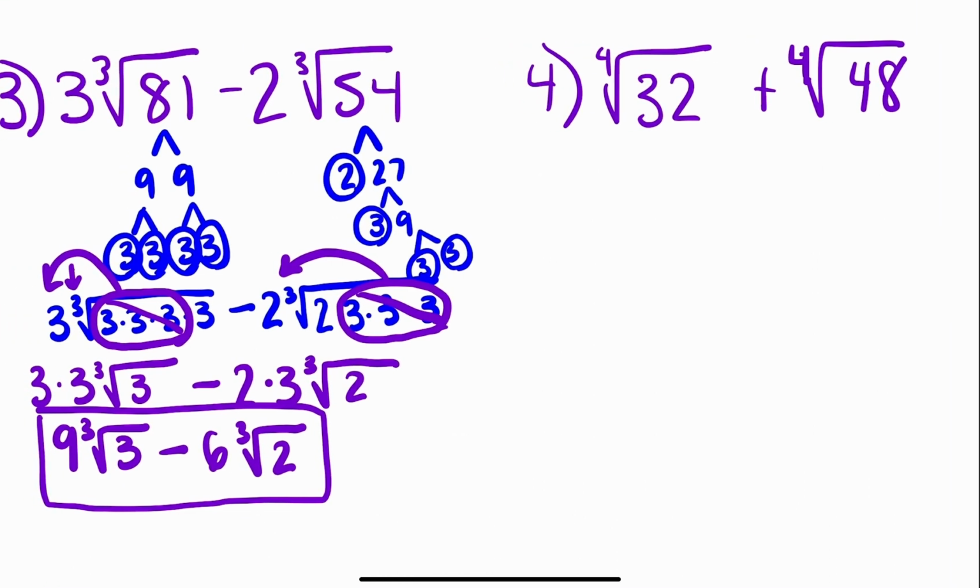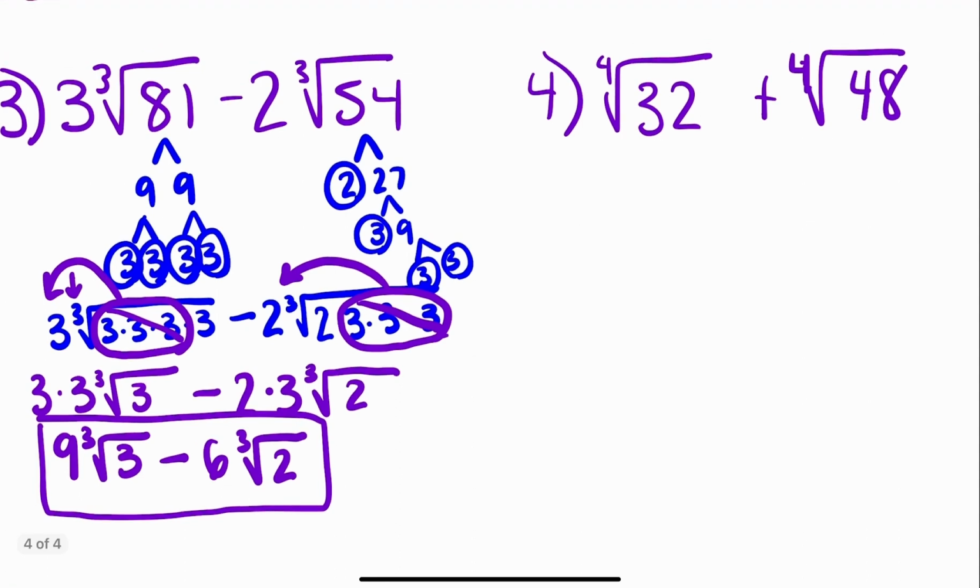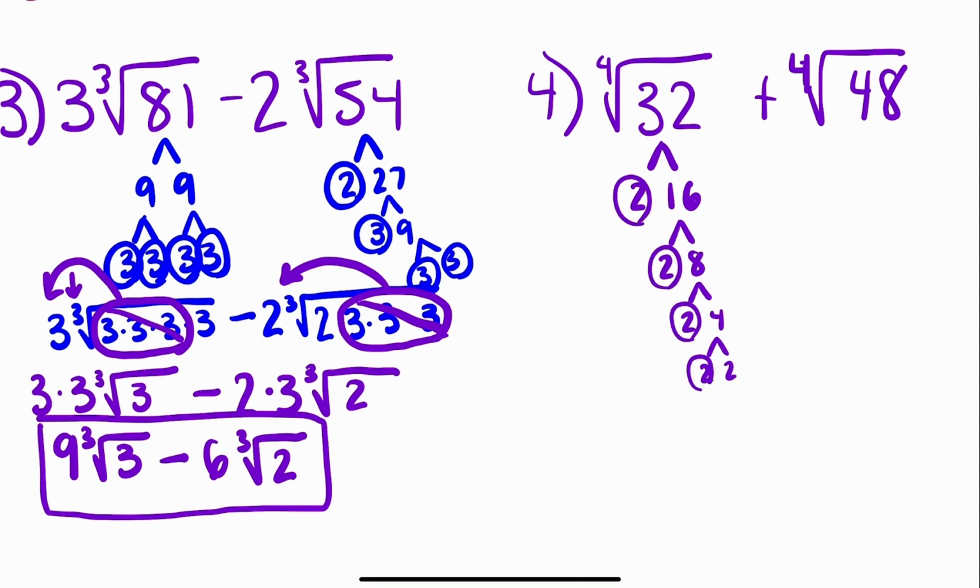All right, last but not least, we have 32. Let's factor this down. I think of 2 and 16. 2 and 8, 2 and 4, and 2 and 2. That's a lot of 2's we got going on there, right? So this is the 4th root of 2 times 2 times 2 times 2 times 2